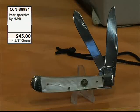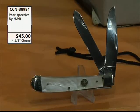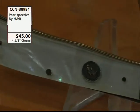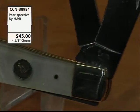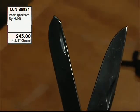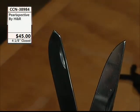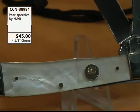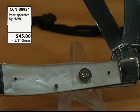Of course, it's Easter weekend. Pearlspective by Hen and Rooster, $45. On this strapper, it's 4 1/8. Jim's is putting a lot of this pearl on sale. These are knives that for years I saw over $100. It has a retail of $220. There's your Hen and Rooster shield in the center. You have the German stainless mirror polished blades, brass pins, brass liners, German steel,